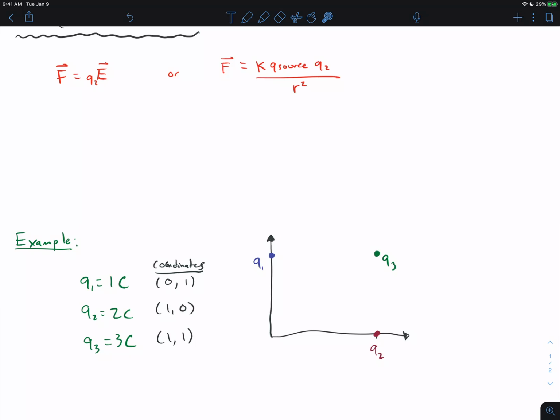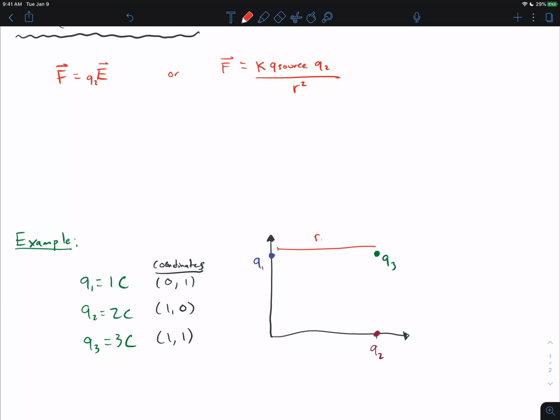Okay? So we have 3 point charges here, and I've placed them at different coordinates. My Q1 I've placed at (0, 1). My Q2 I've placed at (1, 0). And then my Q3 placed at (1, 1). The reason I did this is it's actually very easy, because if I look at this, okay,